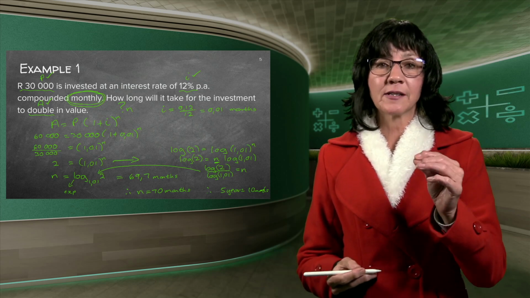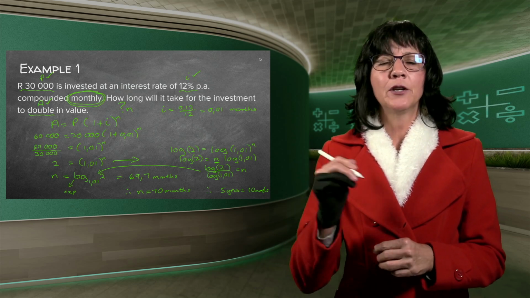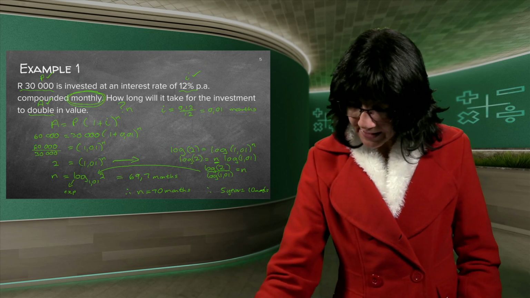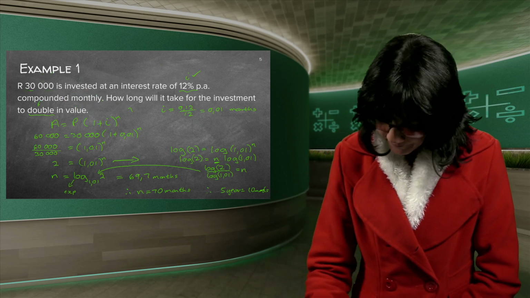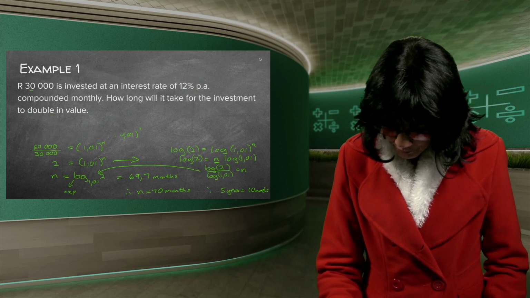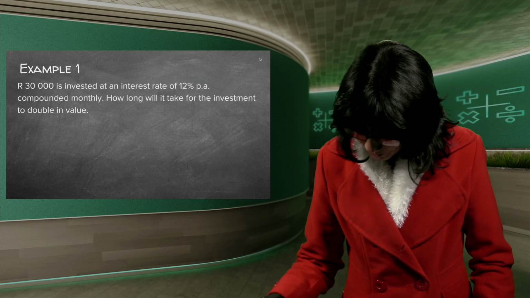Just make very sure if they say monthly, that you make your i monthly, divide by 12. The n will then automatically be months. So the answer that you get is months. And if you want to write it neater, you will just change it and you will make it years and months. Good. I'm taking this off. It's your last financial lesson that you're going to practice. And as you see, it's a very, very easy one. You've done all the difficult ones already.